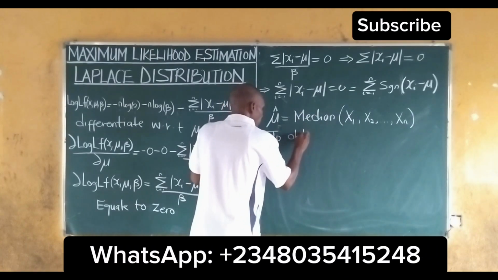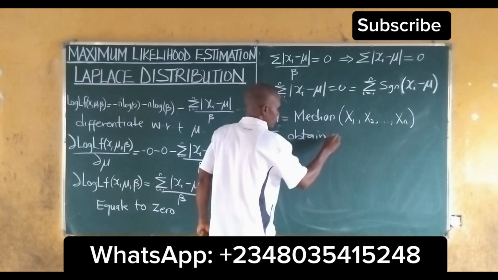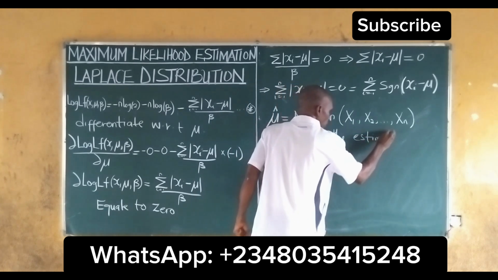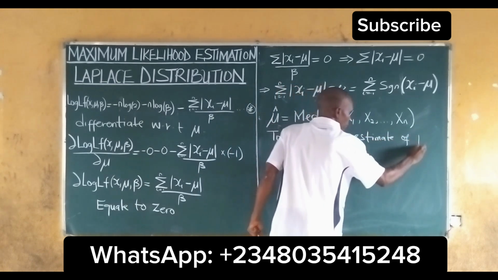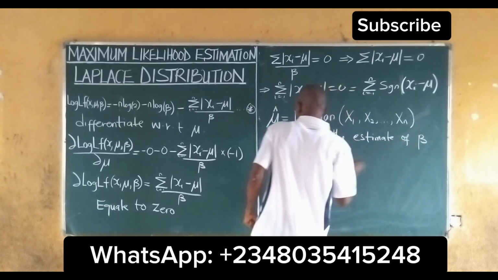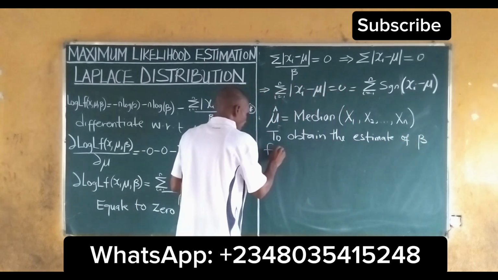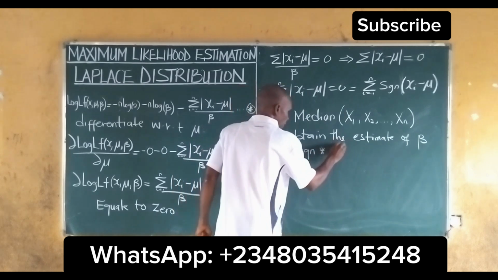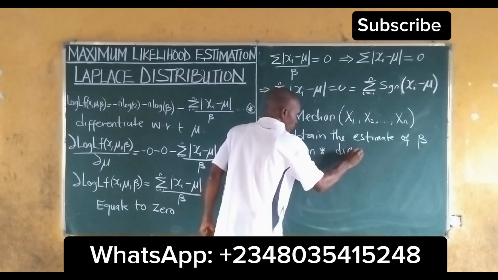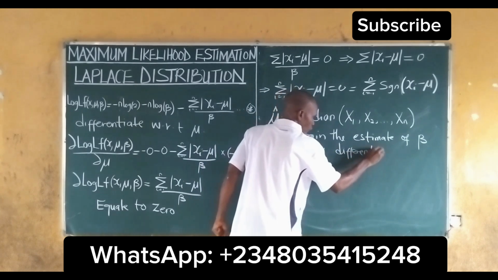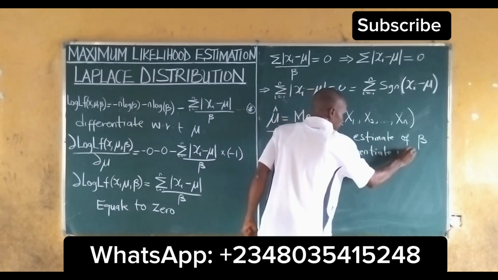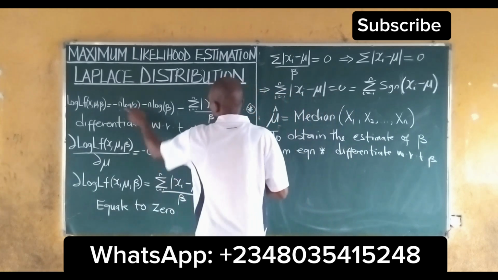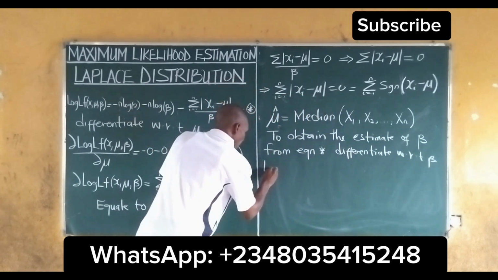To obtain the estimate of beta, from equation star, we differentiate with respect to beta. If we differentiate with respect to beta, we'll write it as the log of